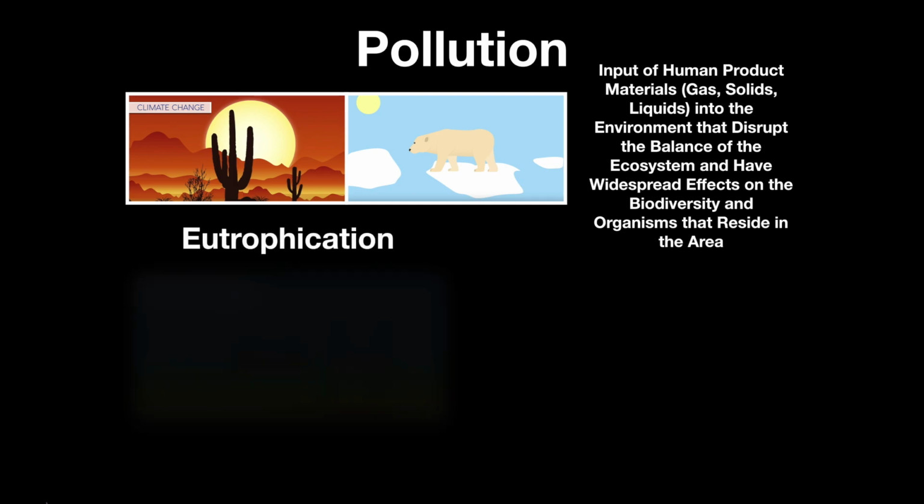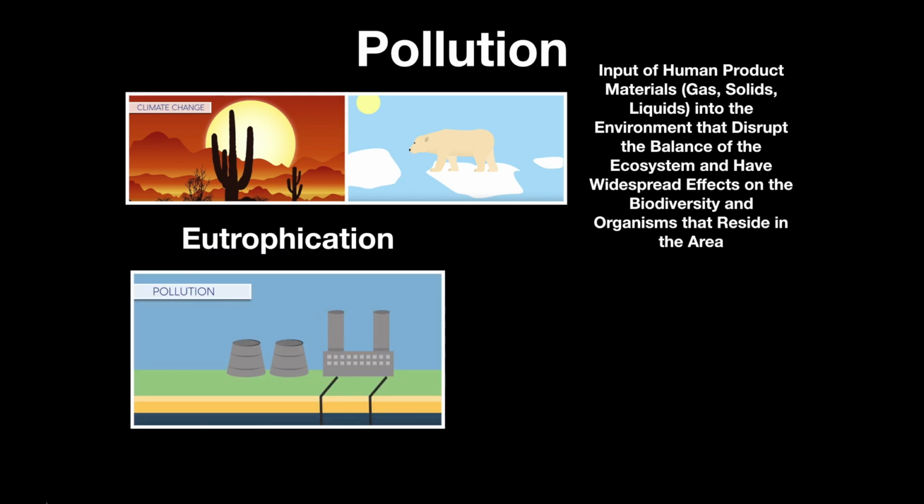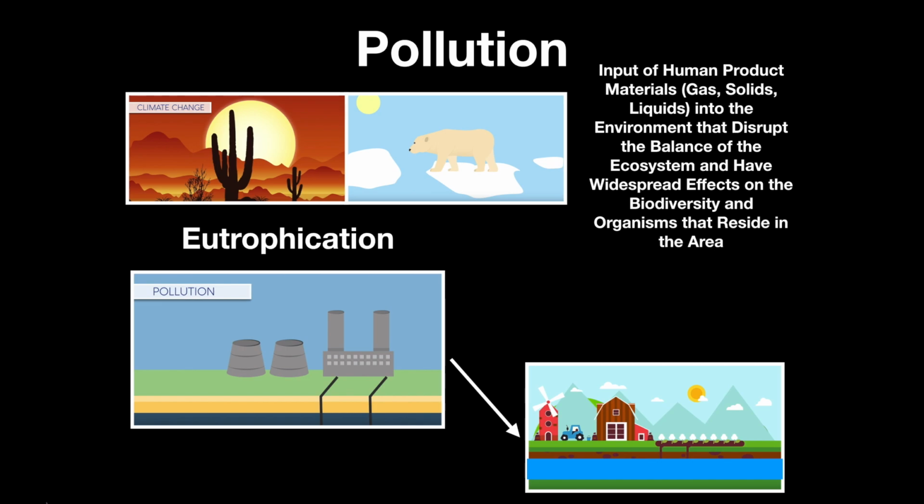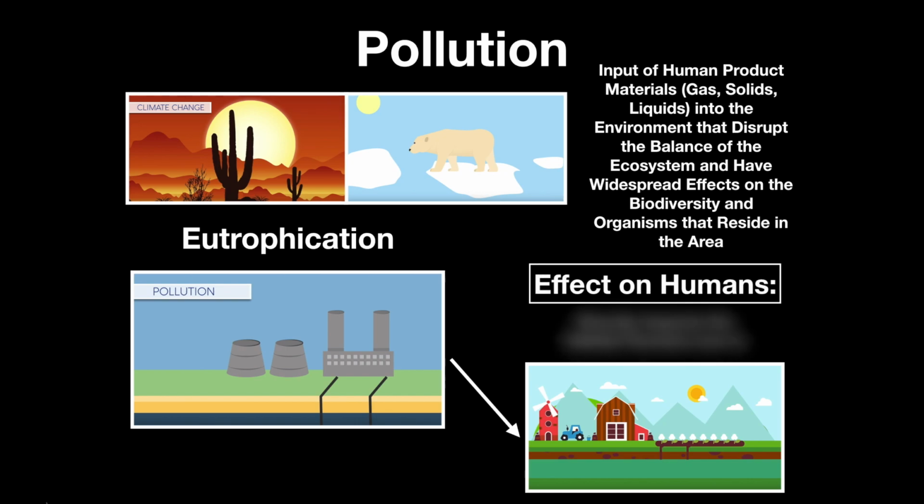So if we're thinking about this, a common example that I like to delve into is eutrophication and how this affects water quality in specific ecosystems. So normally we would want to have a water quality within an ecosystem that does not have a whole lot of nitrogen. Now, when we go through and put a lot of pollutants and put a lot of decomposing material, all of a sudden the water quality in that area is going to accumulate lots of nitrogen and accumulate lots of algae, which are going to have an effect on farming, and it's going to have an effect on that ecosystem. So when we're talking about pollution, well, this has a major effect in a variety of ways. It directly impacts the human habitat that we live in,